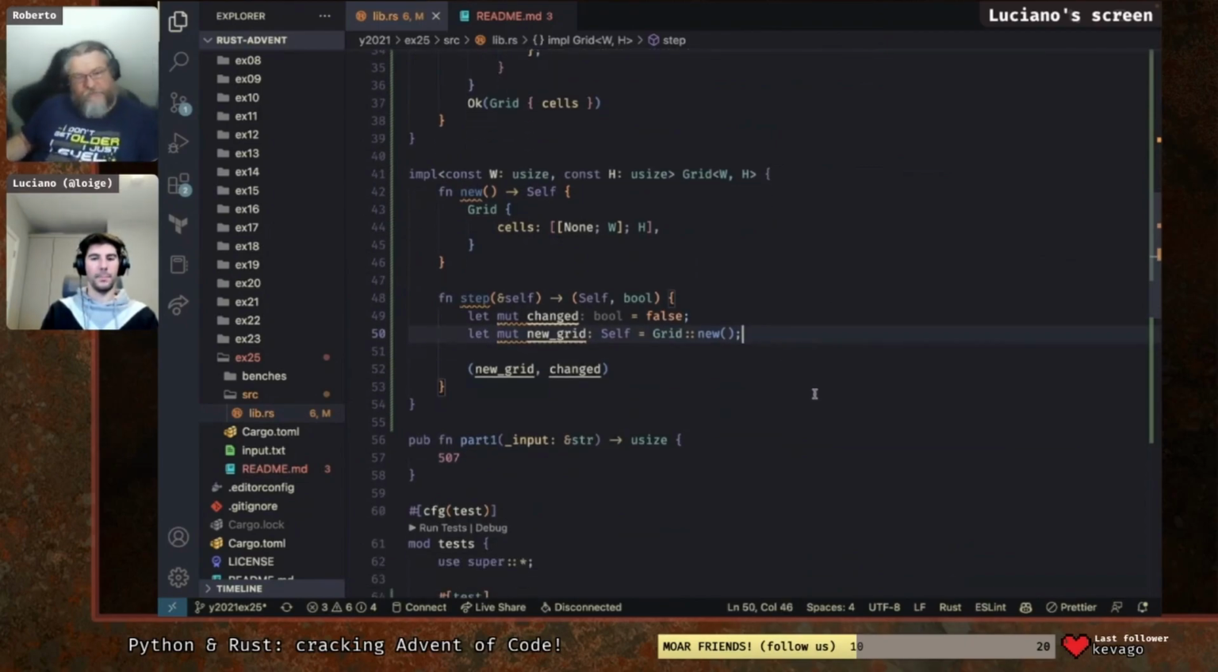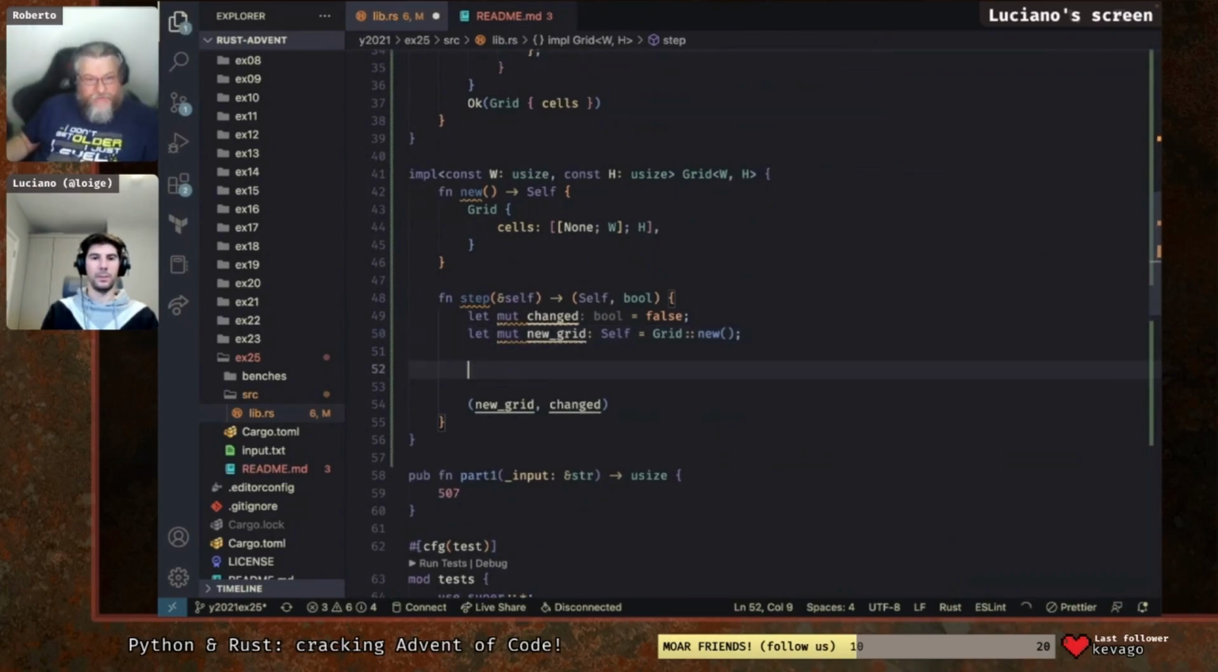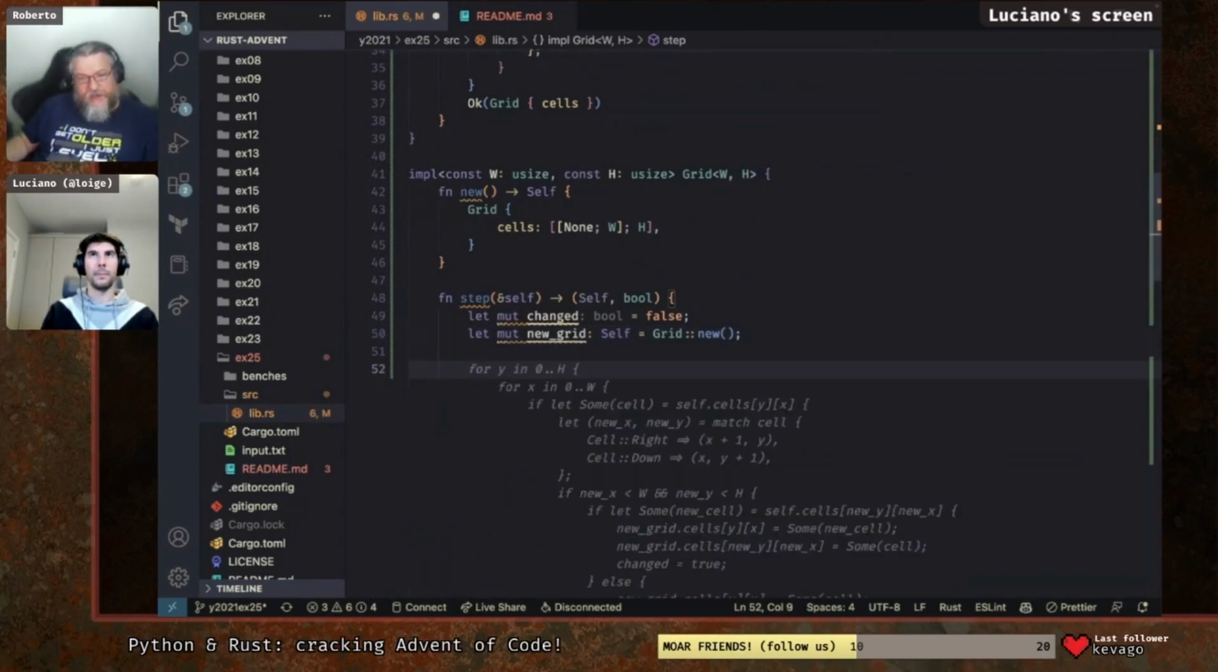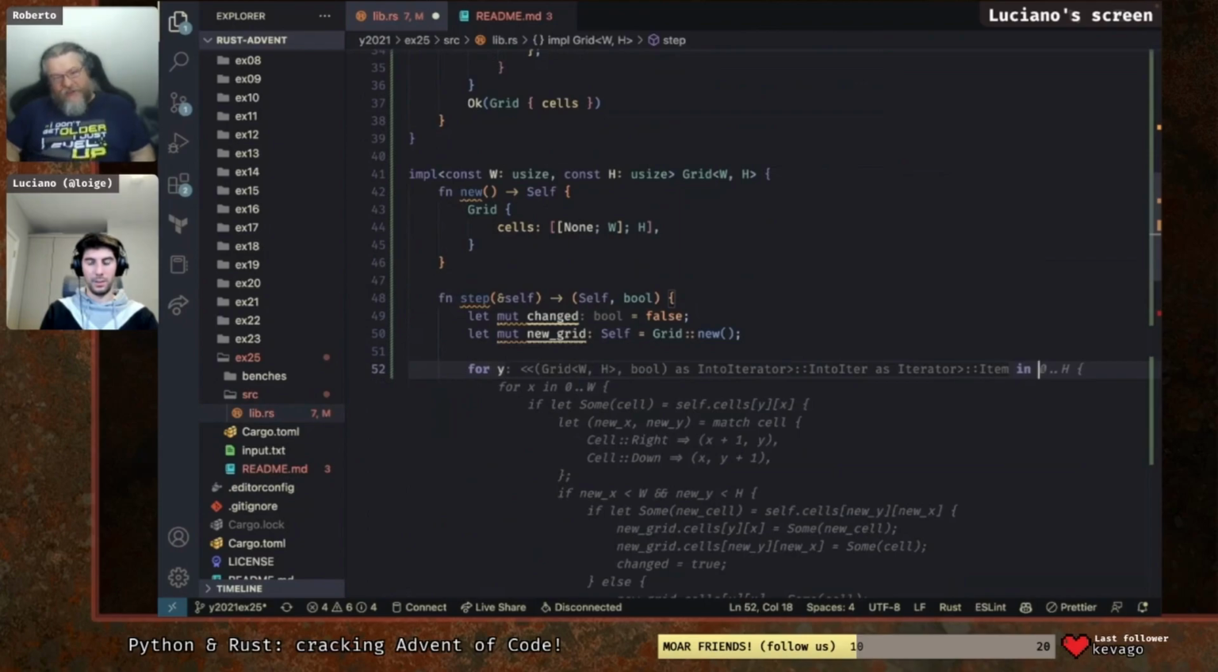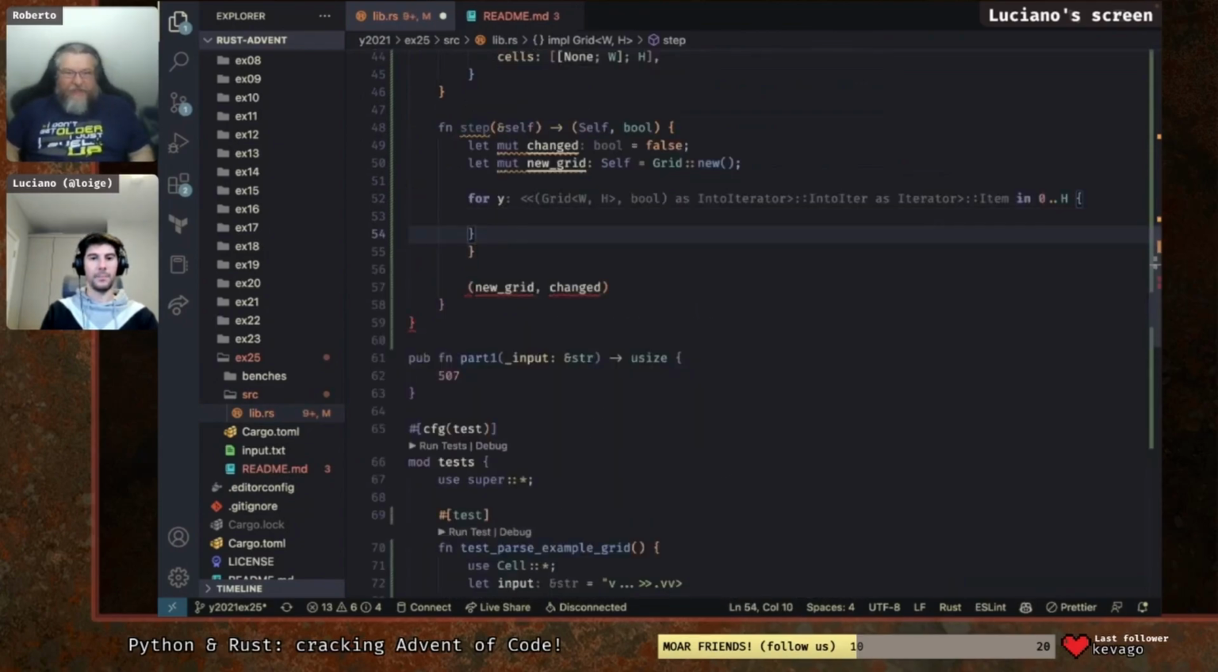Okay, so what do we do? Now we need to simulate. At every step, we have to do two things. The first one is going to the right. So for every cell that is a cucumber facing right, we have to see if the cell on its right is empty. We also have to go modulo W, because we have to go back to 0 in case. So for every row first, so for every y in 0 to h, yeah, makes sense. Okay. For every x in 0 to